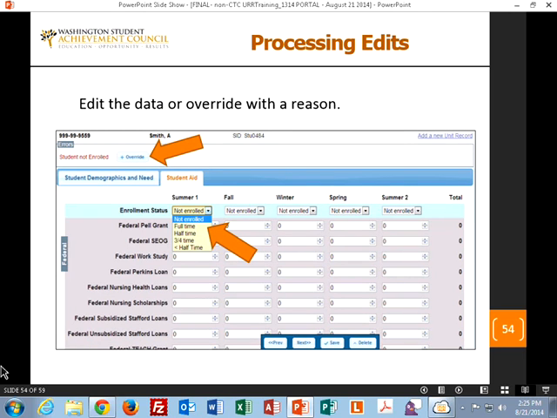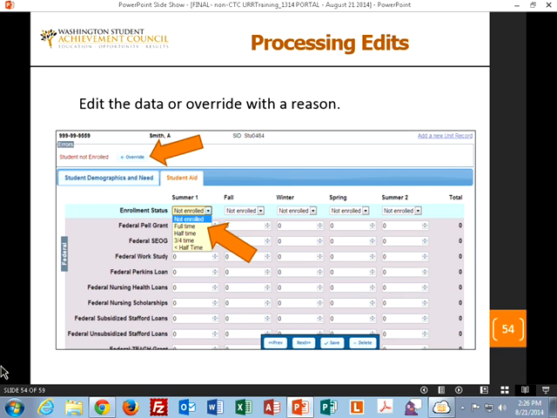So since it's an overwritable edit, you can either edit the data or overwrite it. So the bottom arrow is showing you how to edit the data. Since the error is student not enrolled, you can go to the enrollment status drop down and select their enrollment status.